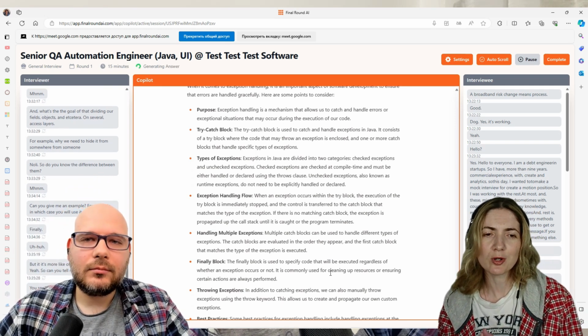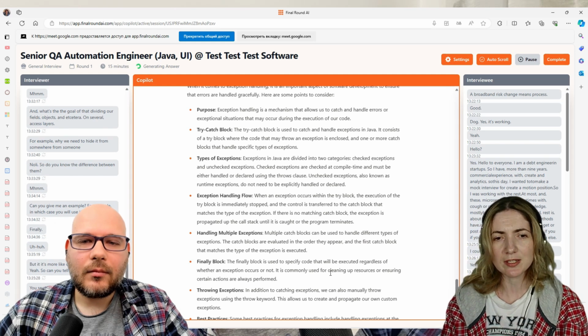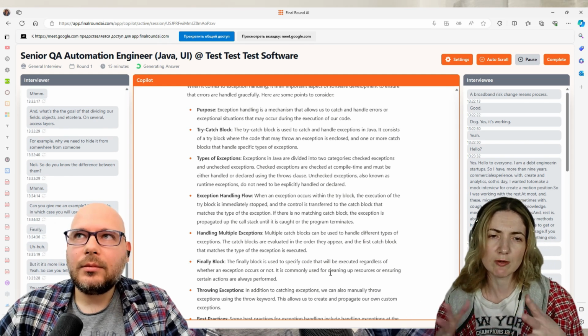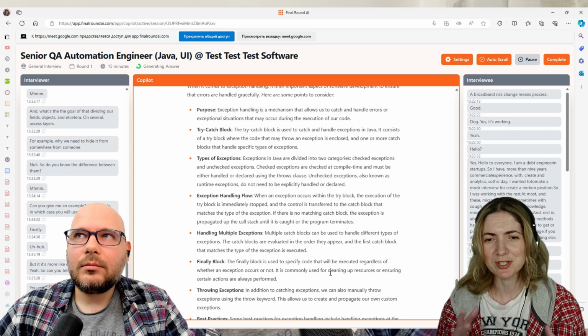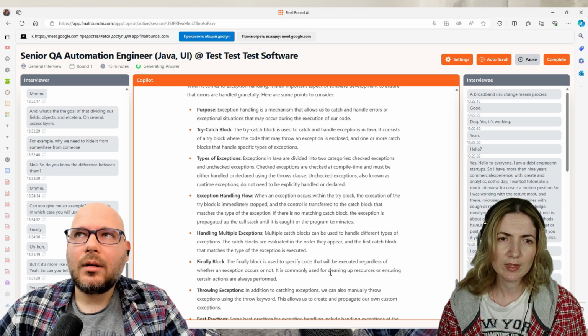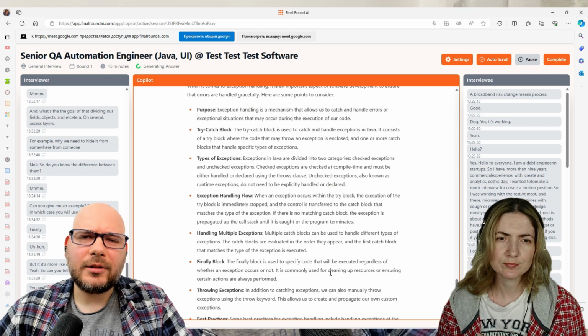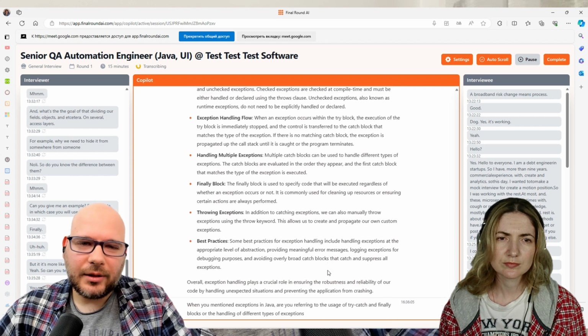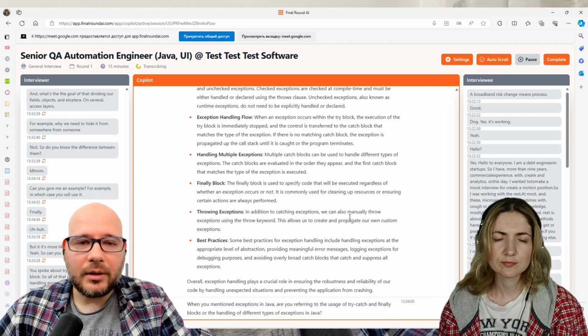Working, what do you mean? Case constructions or exceptions in Java, or exceptions with finally or something else? No, more like generally. So there is also some kind of exception hierarchy in Java. Maybe you know about that.